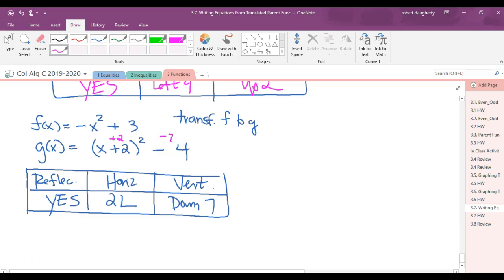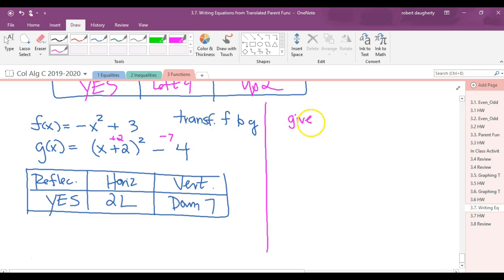Okay, so sometimes these are a little bit harder because you're not looking at a graph. When you look at a graph, you can see, oh, it moved over 2 and down 7. Here you don't have the graph to do that. Now, you could graph this one and then graph the other one and see what happened, but that's a little bit overkill, okay? Now, the other one too, let me just do the other kind just to make sure you've got it, is,